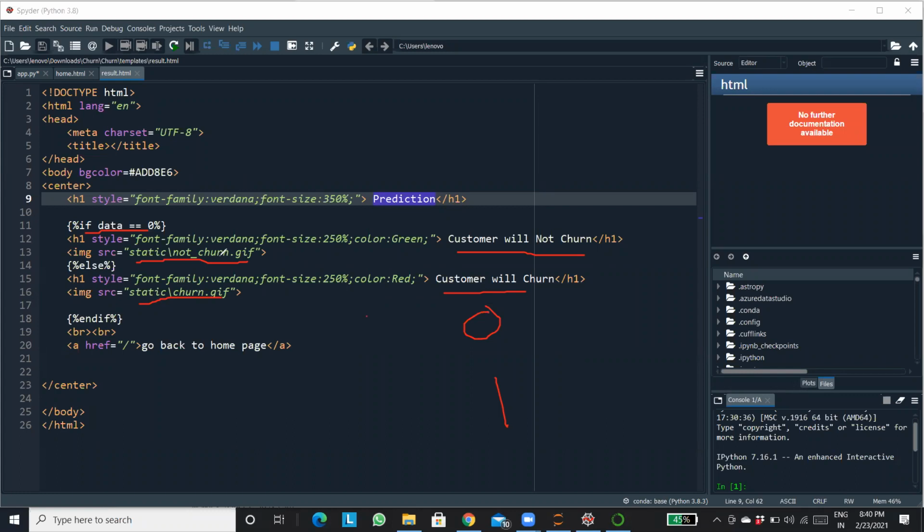It's the same flow that I showed you, right? You have your HTML created. Once you click on that particular link, it will reach the HTML page. You'll give the input and click on the predict button. It will go to your Flask app. What is the Flask app going to do? It's going to give that input to the model. This is your model. The model is going to predict it for you and return it to the Flask app. Now the Flask app is going to render the result.html page and display you the result over here. Clear? Any doubt?